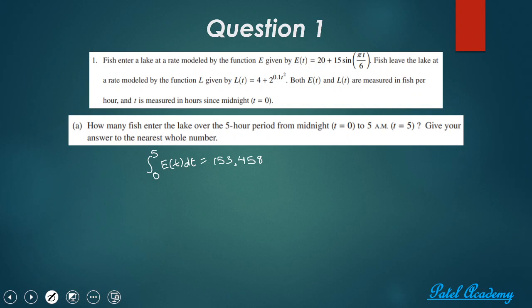Alright, and then, as I was saying earlier, remember to interpret it in regards to what the question asks. So it asks us to give it to the nearest whole number. So we say that it's approximately 153